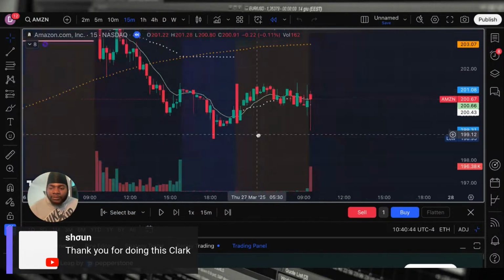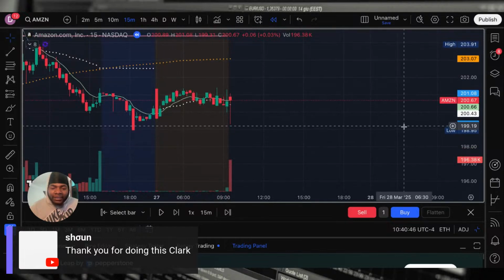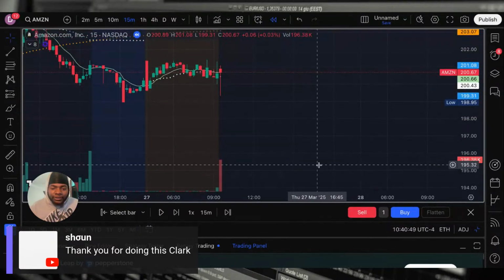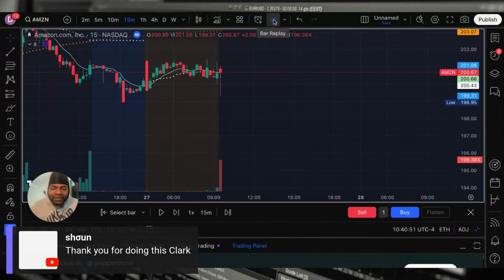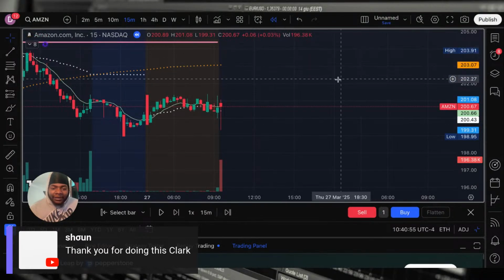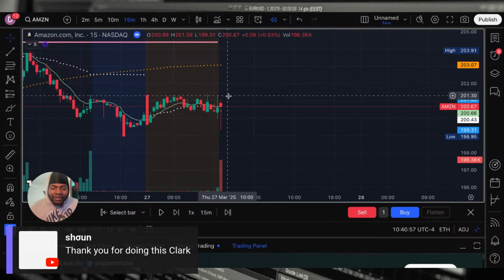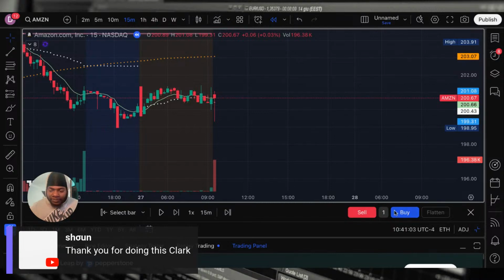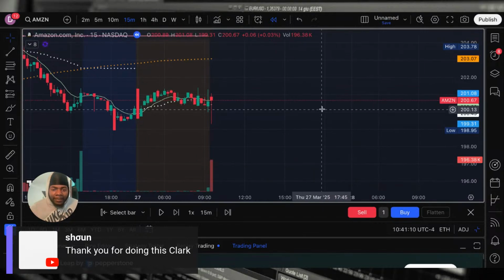Also, if you're trying to go with some trades and you want to practice some, TradingView has a rewind feature. See that button right here? You can replay the candles. So you hit that button right there. Say I wanted to start the day. This is the first candle that just opened up today. And then you can put buy, how many you want to buy. Say if I wanted to buy right here, you could buy, and then you can play out the trade, see how much you make. You know what I'm saying?